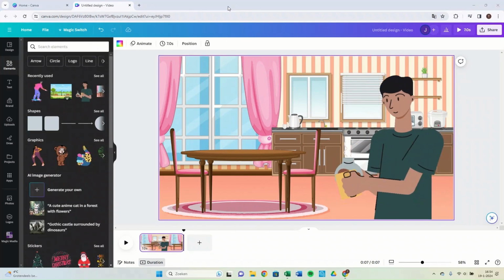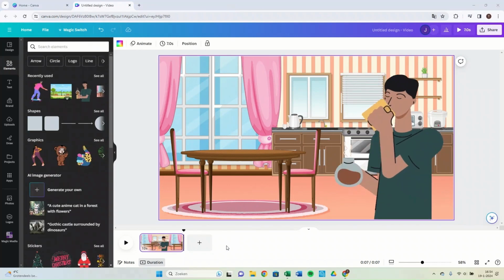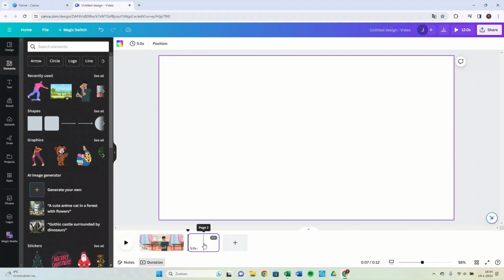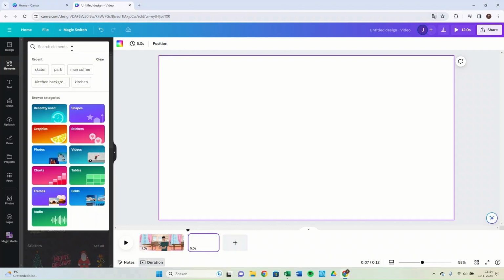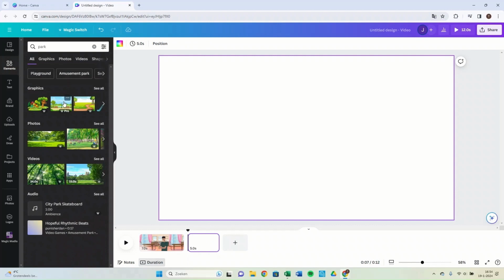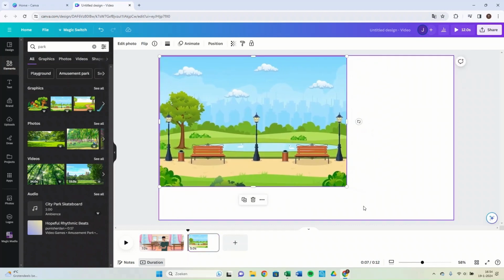For the next frame, we click on the plus sign, Add Page, and start looking for a new background. We choose as a second background for a park. We make this fit into the